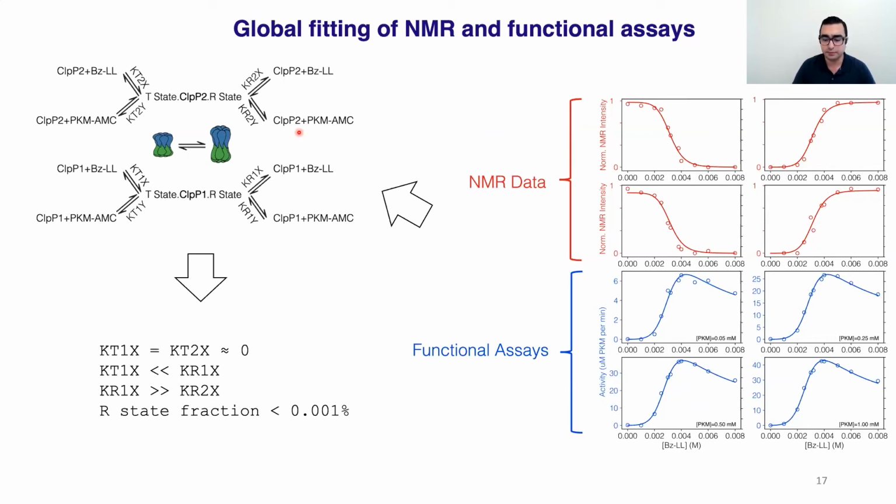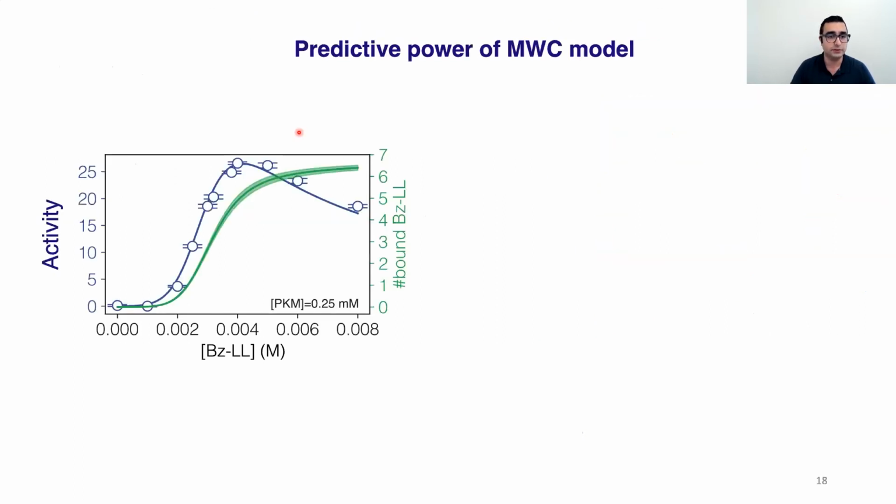Now, we can use some of these fitted parameters to get additional insights into how the allostery of the system modulates its function. I'm only going to talk about a fraction of that. For example, we can predict the number of Bezel molecules bound to the P1 ring. Peak activity occurs at about 4 millimolar Bezel. If you come down and look at the green curve here, you'll see that about 4 or 5 Bezel molecules are bound. Recall that P1 at max activity has 4 or 5 Bezel molecules bound. P1 is a heptamer, which means that the majority of the activity of the complex at max activity is really coming from 2 or 3